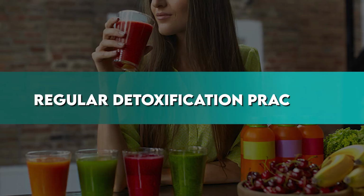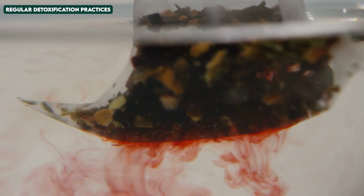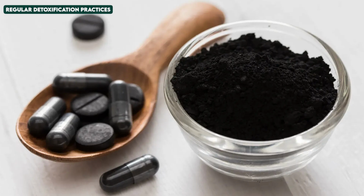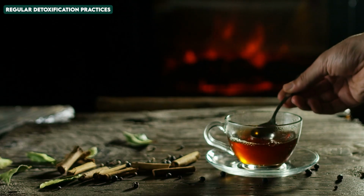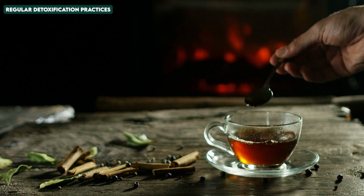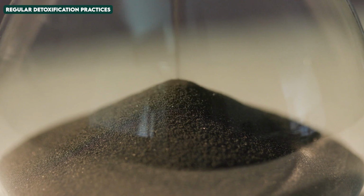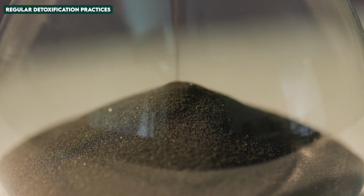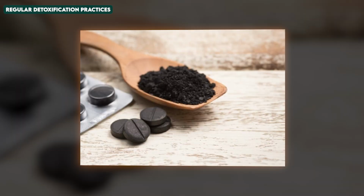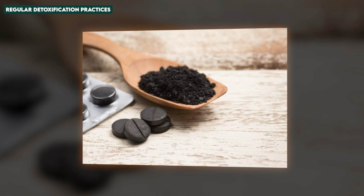Regular detoxification practices. Lastly, you can also rely on some simple detoxification practices, which include the use of activated charcoal and some herbal teas. They are ideal for ridding your body of harmful substances and reducing inflammation and pain. Activated charcoal works by absorbing and neutralizing the toxins or poisons in the body. When it is taken by mouth, it attaches to harmful substances present in the digestive system and releases them out